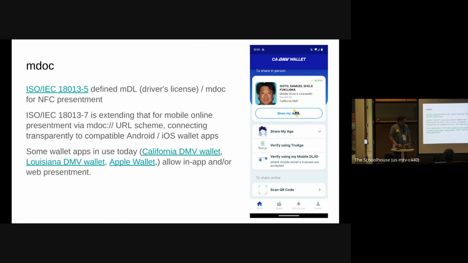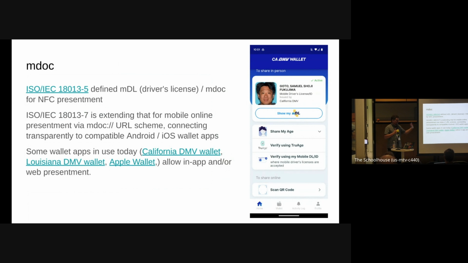Just to give some context, digital credentials can be lots of different things, but the thing that has a lot of momentum right now is government identities. For example, there's an ISO standard that's been defined for quite some time for mobile driver's licenses. And I think -7 got published yesterday as a way to get a mobile driver's license on the web without browser and OS involvement at all, just by using this custom URL scheme, mdoc://.